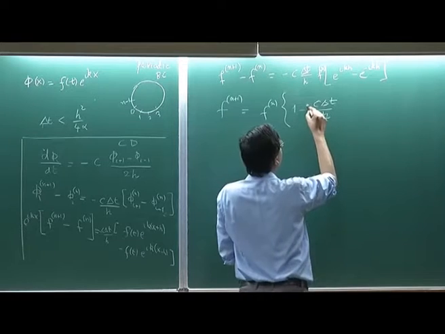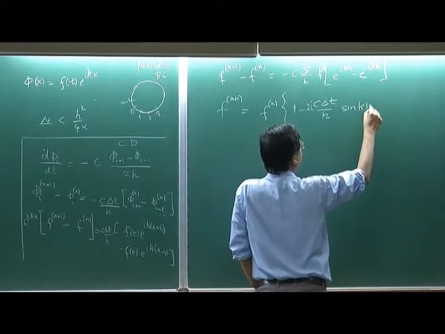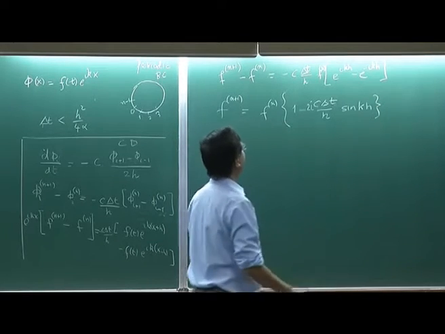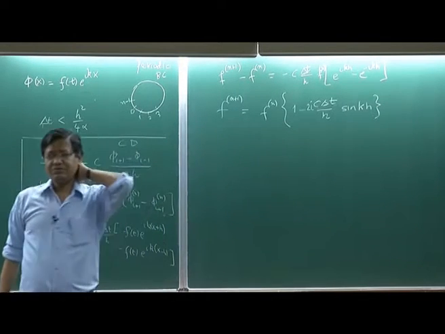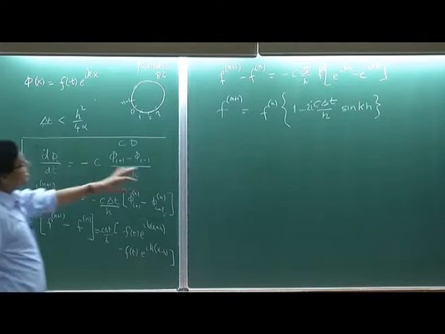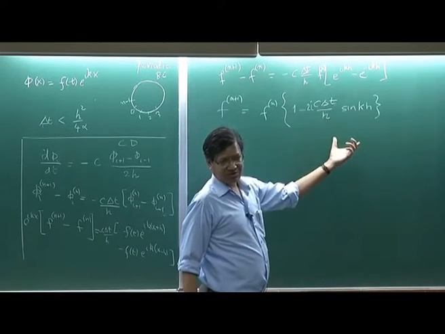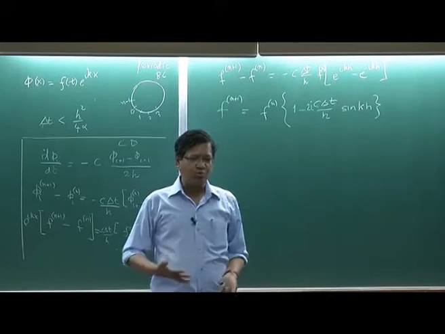So 2i sine k h. Okay. So this is the behavior of f. Now is it stable or unstable? It is unstable because this has magnitude greater than 1. Real part and imaginary part is greater than 1. So my f will grow,